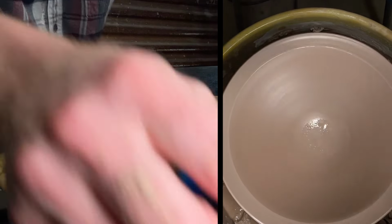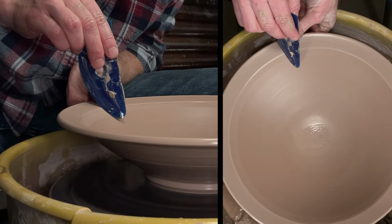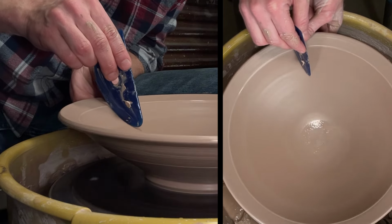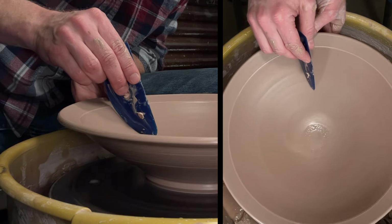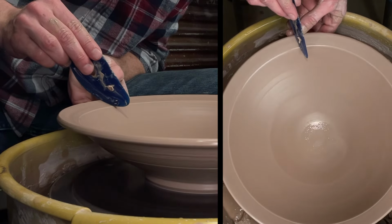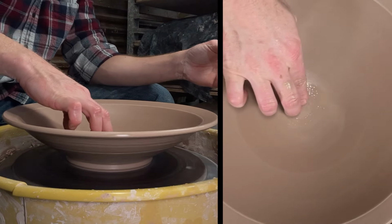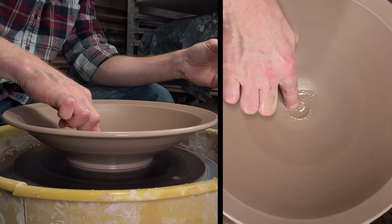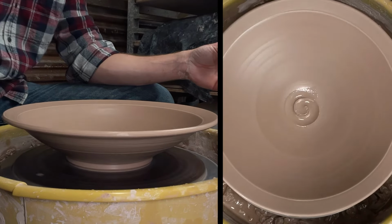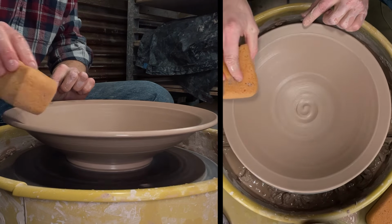Then I usually like to come back just inside that with the Mud Tools rib again, still supporting it on the outside with my left hand, but now just working in front of me instead of to the left of me here. And then finally come back, add a little bit of water to the center, put my swirl in the bottom, which I love to do, and then clean off any excess water off of the whole inside,